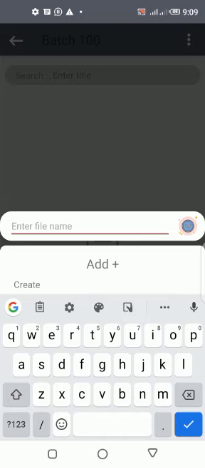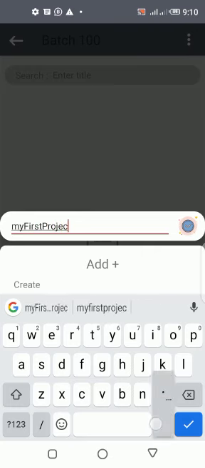Now, first of all, I want to say that when you are naming a file, you don't give gap. For instance, I will not say my first project. This is a wrong way of naming a file. You don't give gap, right? Even if you want to type 70 words, you type them in form of one word. So it's going to be myfirstproject, like that, dot